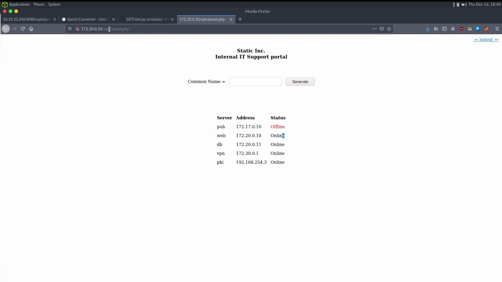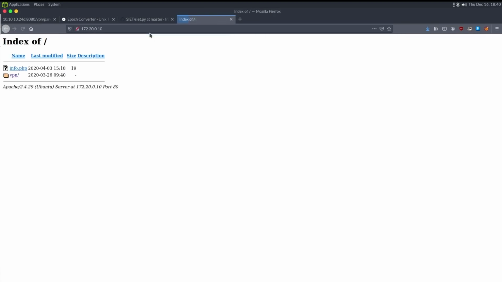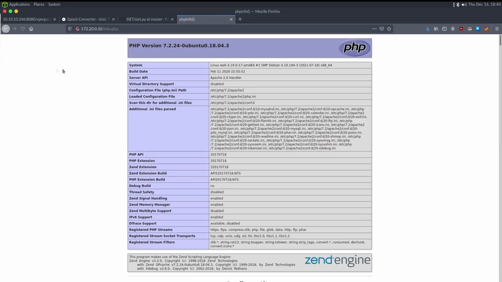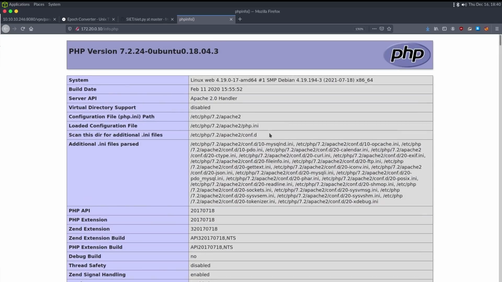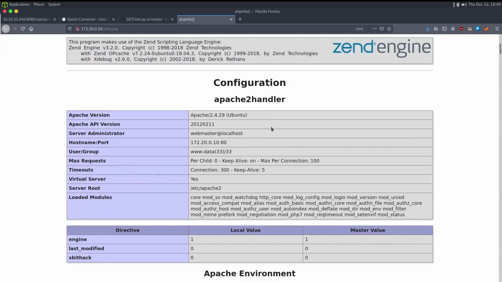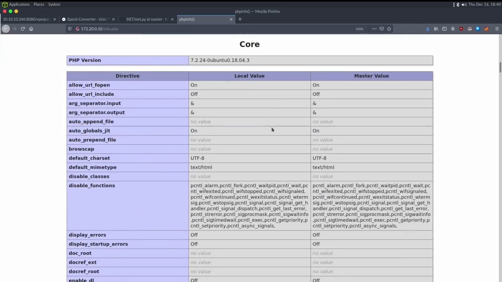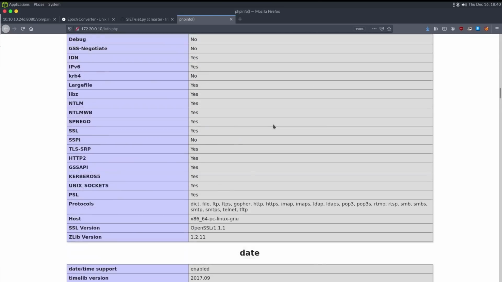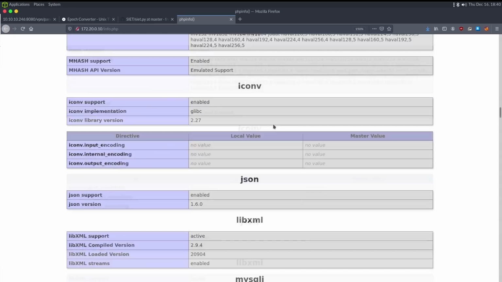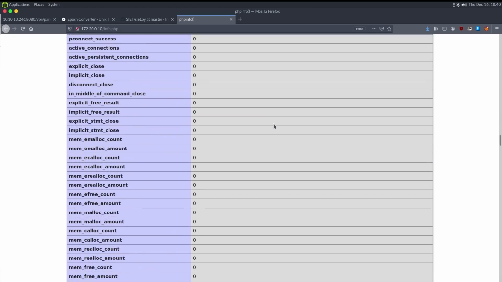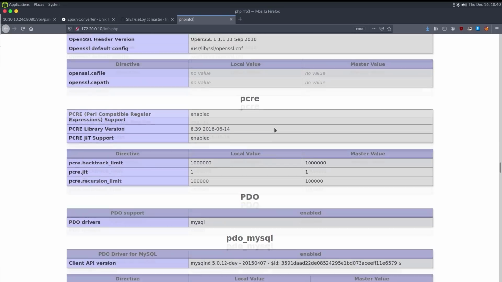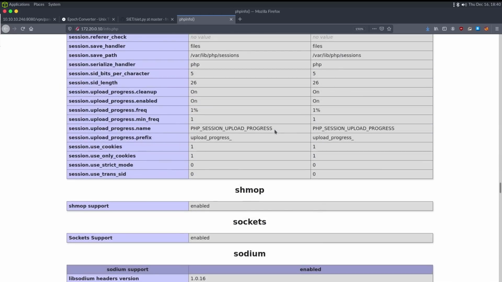I'm interested in that /VPN or that info.php page because this wasn't accessible to us previously. And this is just PHP info output. If we had an LFI vulnerability somewhere, we could probably weaponize that to get code execution. But scrolling through this, let's see if we see anything else interesting. This is MySQL information, OpenSSL session,